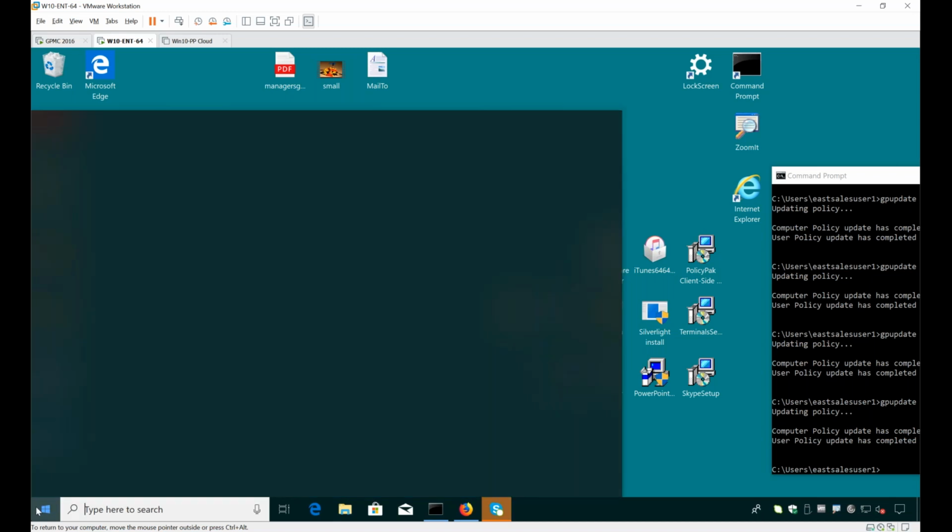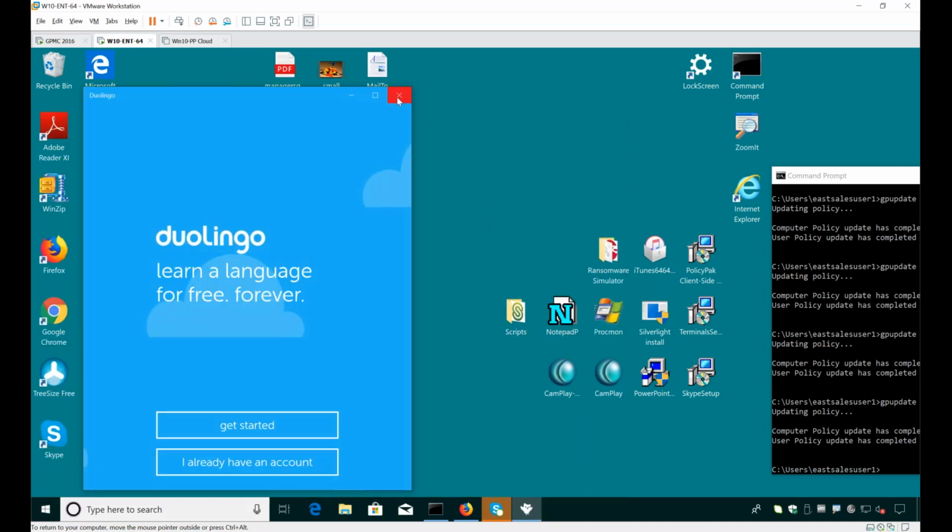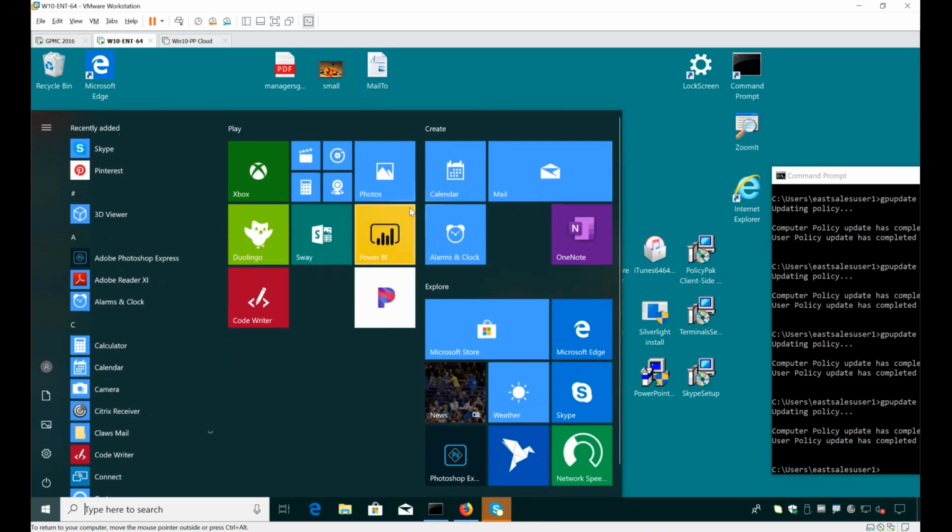How about this? You have admins out there who think all this crap on the start menu is maybe not a good idea? About 100% of them. About 100%, I agree. So let's go a little bit slower on this one.